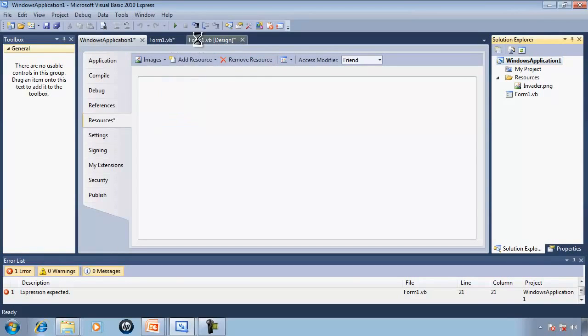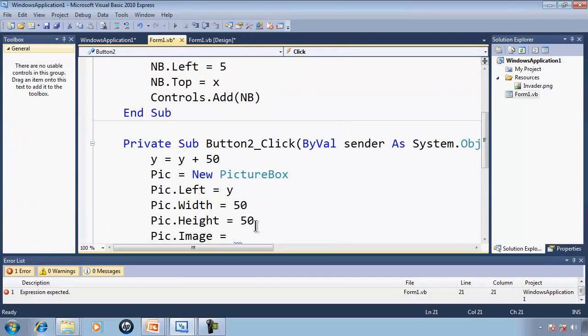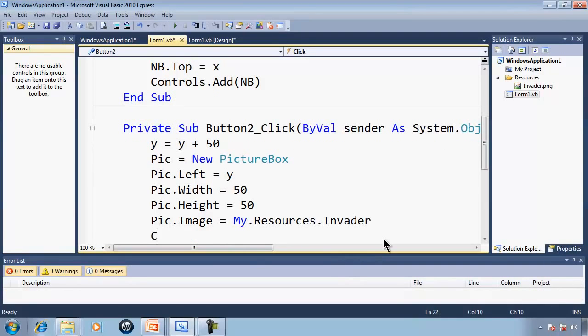So I'll go back to the code and I'll put in My.Resources.Invader. And I must not forget to add the pic to the controls. So Controls.Add(pic). And now when I go ahead and run,